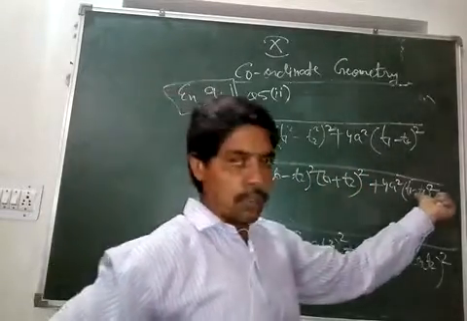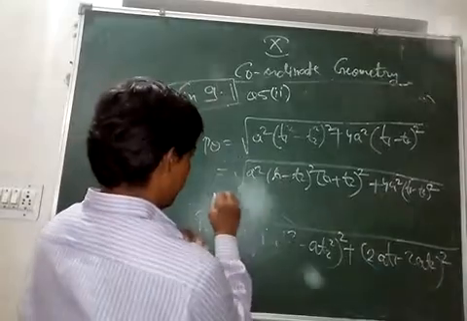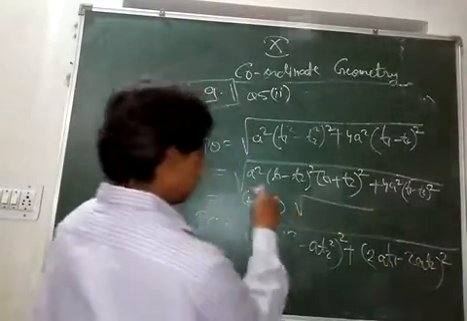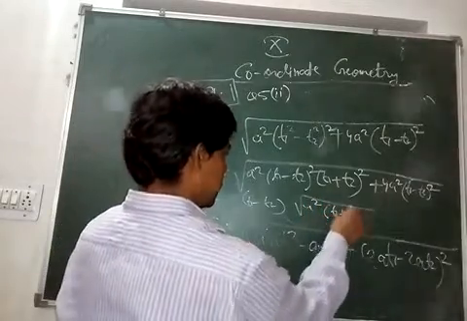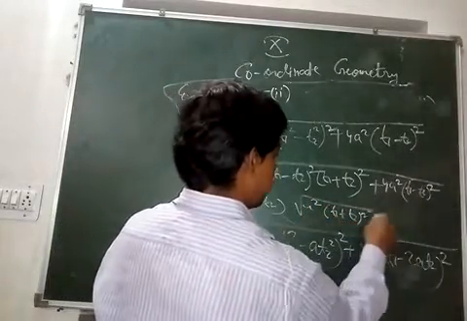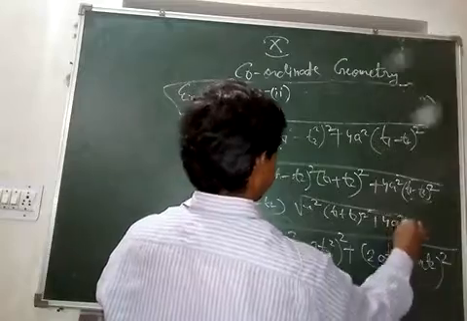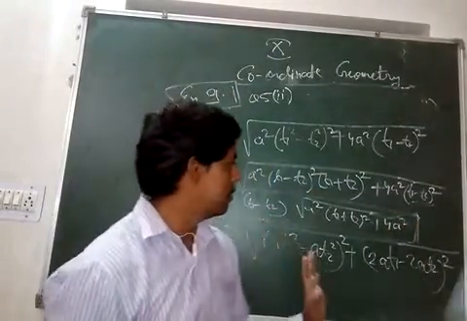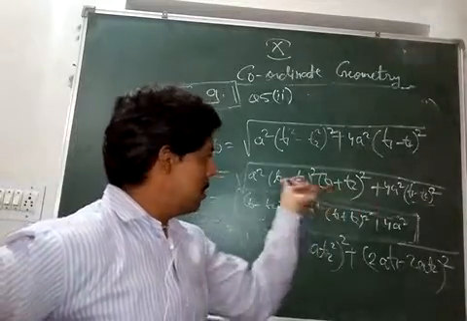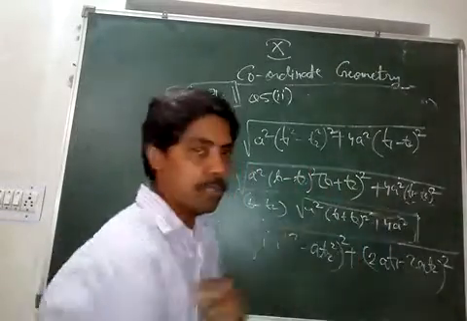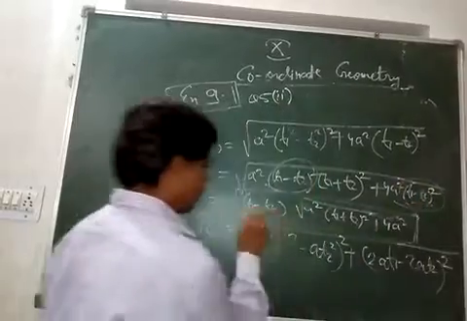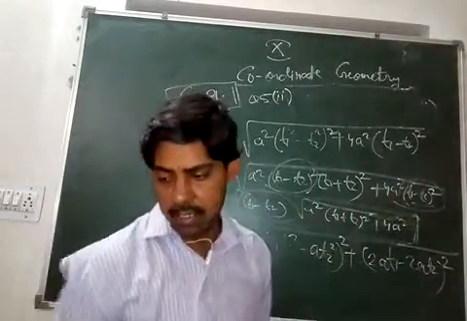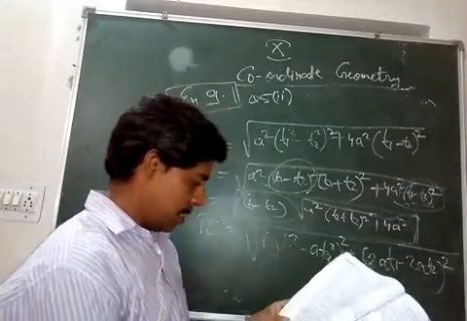So t1 minus t2 whole square is now common, and we can take it outside the root, it will become t1 minus t2 after the root. So what will remain inside? a square t1 plus t2 whole square, and here everything is gone, so 4a square is left. So you can leave the answer here. This way you can solve the question. Remember, we have taken out t1 minus t2 whole square because that is common. It's gone out as t1 minus t2, and a square t1 plus t2 whole square plus 4a square is left. Okay, so there are many more questions.